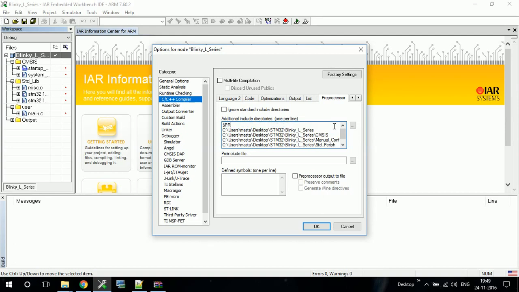To give a relative folder, the main variable name is PROJ_DIR. So this is our ewarm folder. Now for the L series we need to go back one folder, so we'll write $PROJ_DIR$/.. The .. implies that the other folder which you need to include is behind your current folder. Our current directory, ewarm, is the project directory. So for the Blinky directory, our file directory, it has to go one step back. For that we use ..